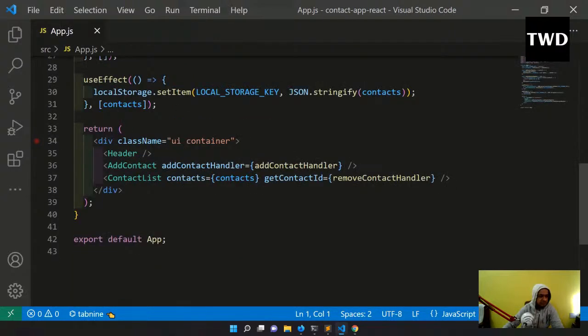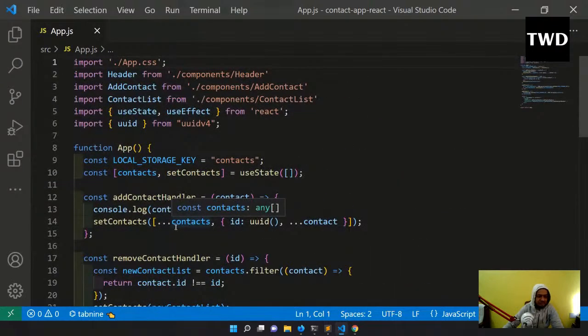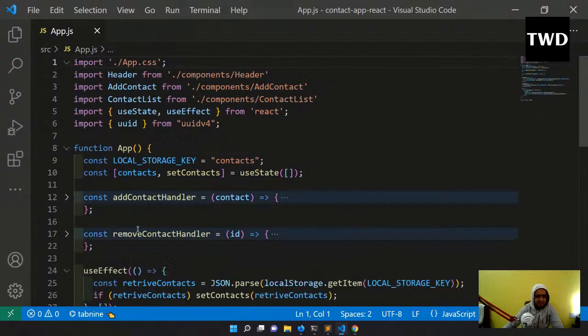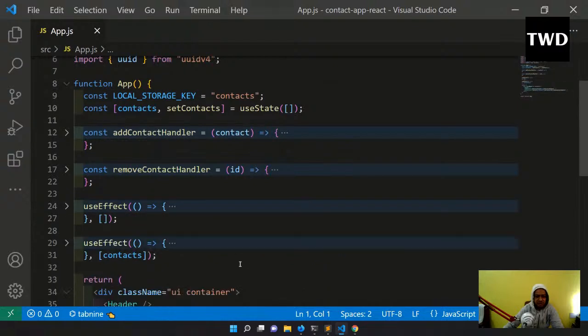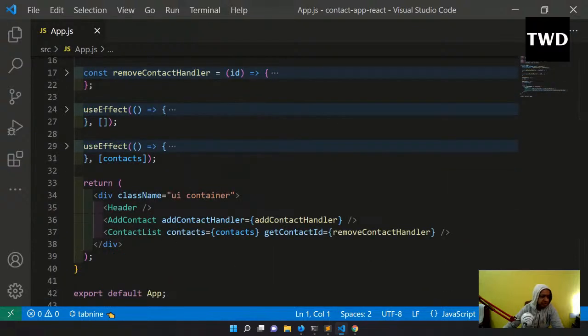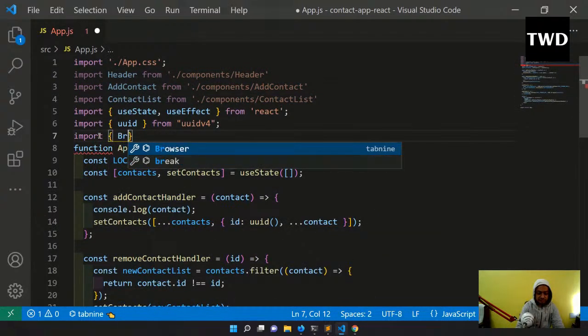Okay, so I will come back here to my app.js, and it has got all these things. This logic we don't want right now, so I will minimize it, because we're looking into the routing logic. For that, the first thing we need to do is have a router. So for the router, let's import some of the things. Import browser